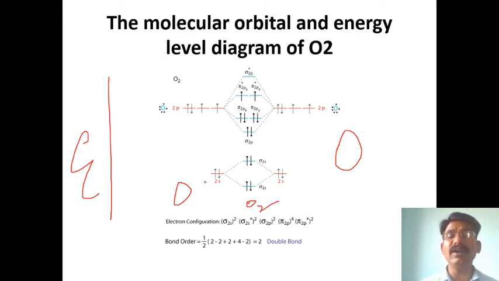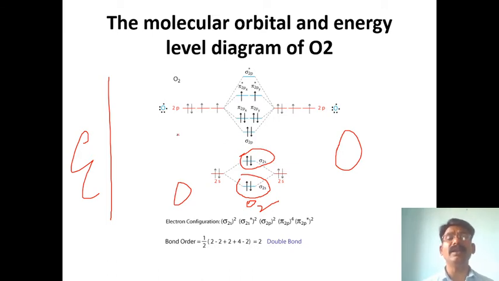So in the 2s level, 2 electrons come from the 2s orbital of one oxygen atom and 2 electrons come from the other oxygen atom. So 2 are occupied in the sigma 2s level, meaning the bonding electrons, and 2 are in anti-bonding, occupied at a higher level, that is sigma star 2s. Meaning in the 2s level of oxygen, 2 are anti-bonding and 2 are bonding electrons.